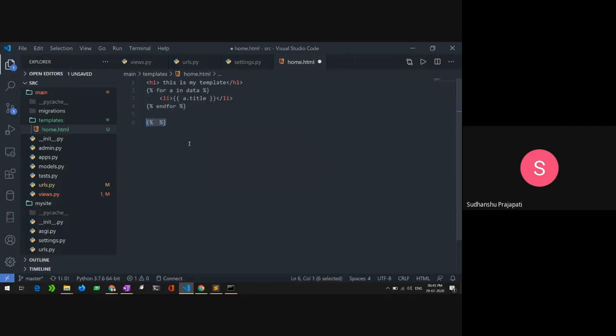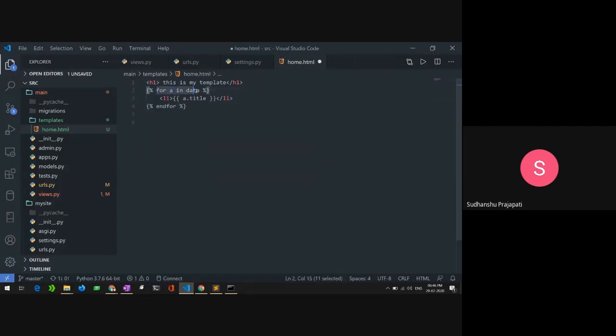This is how conditional statements like if and else, loops, and all the template tags work, which I will show you after this. And to pass a variable, you need to use two curly braces, as given here. You don't have to use any percent sign for a variable.